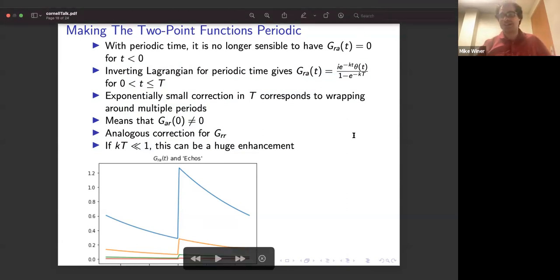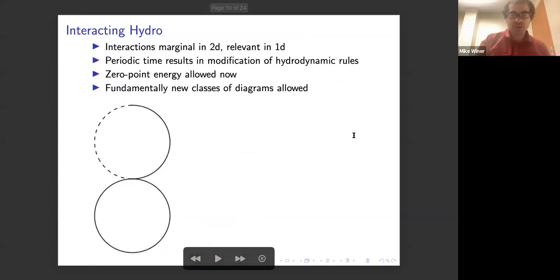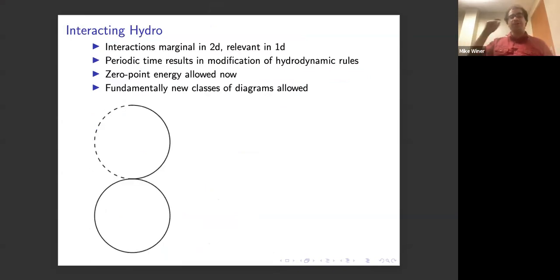Okay, I'll take that as a yes. So now we can do interacting hydrodynamics. We can throw in non-quadratic terms into our Lagrangian. And something kind of new and surprising happens because